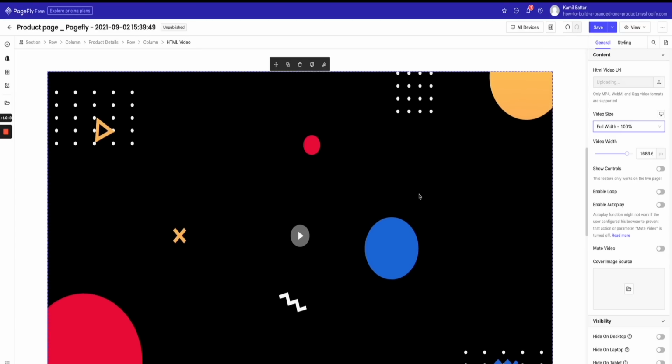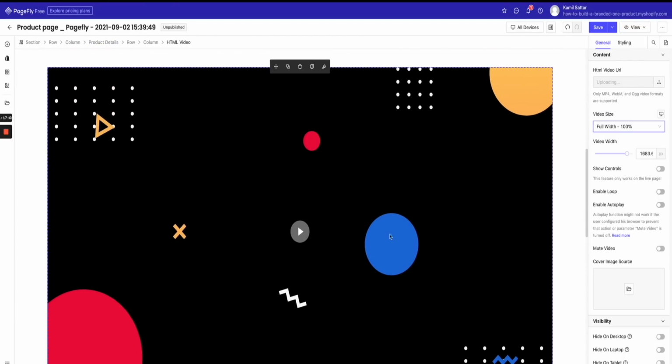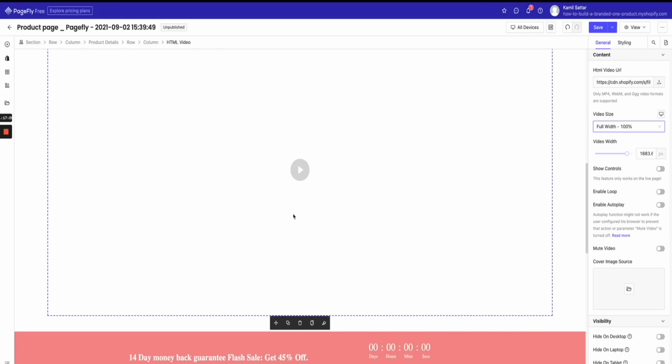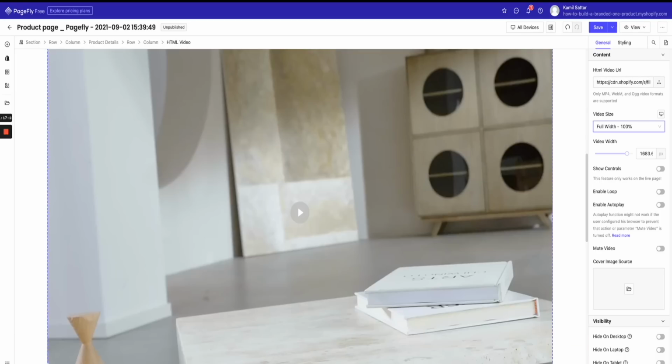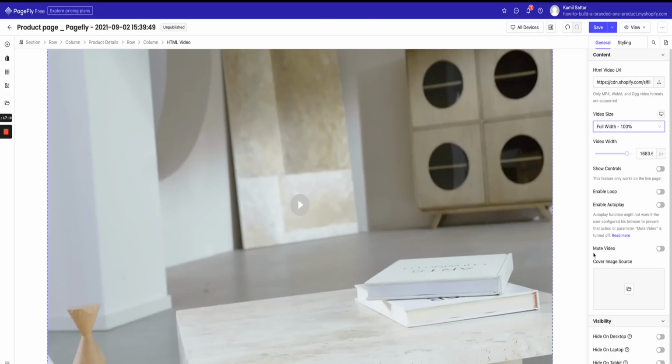Now, what else this lets you do is it lets you make a cover photo for the video. So when you upload the video, it will show a horrible looking image of a pre-selected scene of the video. You don't want that because it doesn't look really nice. And you can see here, it shows you this now. This is a pre-part of the video. It doesn't look nice. So you want to actually add a cover image to the video so it looks nice